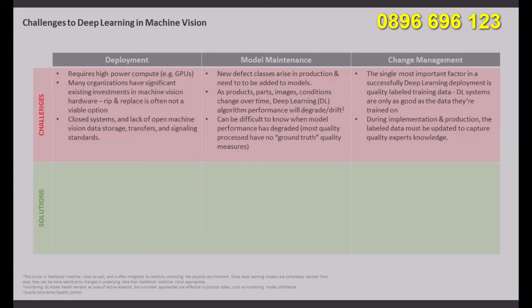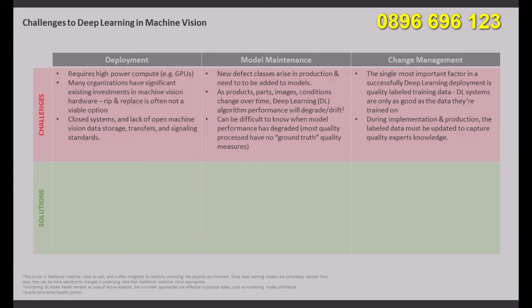Another issue that we come into all the time is that many companies have significant investments in vision already. You can spend a lot of money on hardware, and generally we don't want to rip and replace this stuff just to add deep learning. There are a number of cases where we'll do new installations, and for that we'll use a systems integrator to help us with cameras, but generally it's good to be compatible, right? And that can be difficult based on